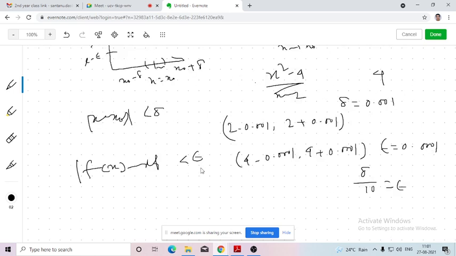Yes, sir, I'm saying here, say for example, we are taking the value of x0 as 2. So we are varying the value of the independent variable from minus 0.001 to 0.001. So here delta is actually 0.001. Okay. So here the value of epsilon is actually, let's say, 0.0001. That means if you vary the value of x inside that interval, you will find that the value of the function will be varying in that interval around 4. Is that clear? So here delta is this and epsilon is this. That means the independent variable is varying in that interval and the dependent variable is varying in that interval. Okay.